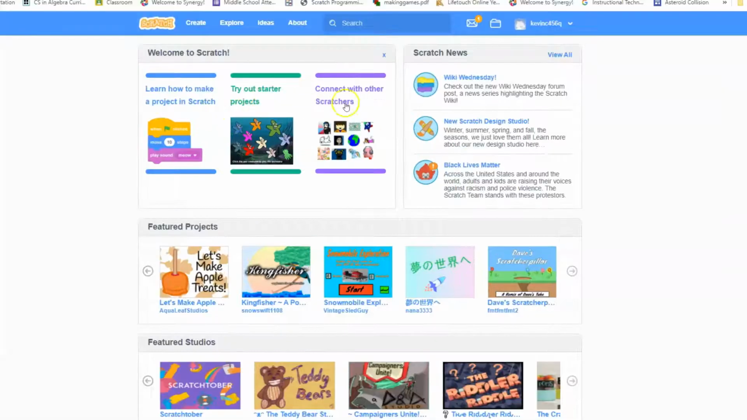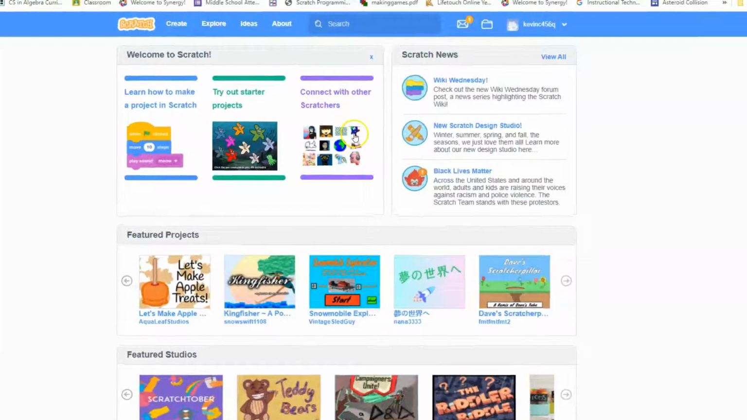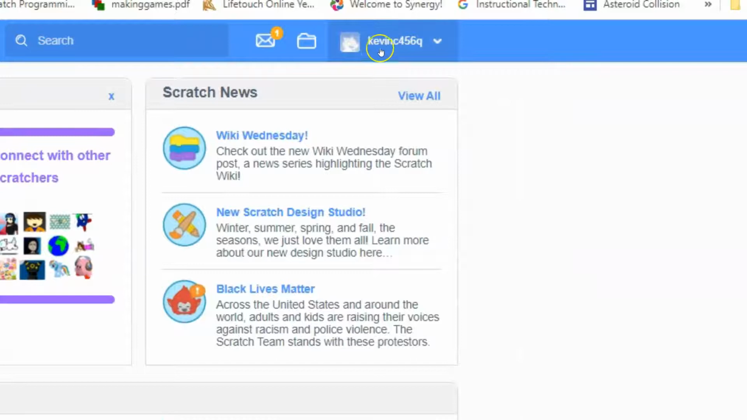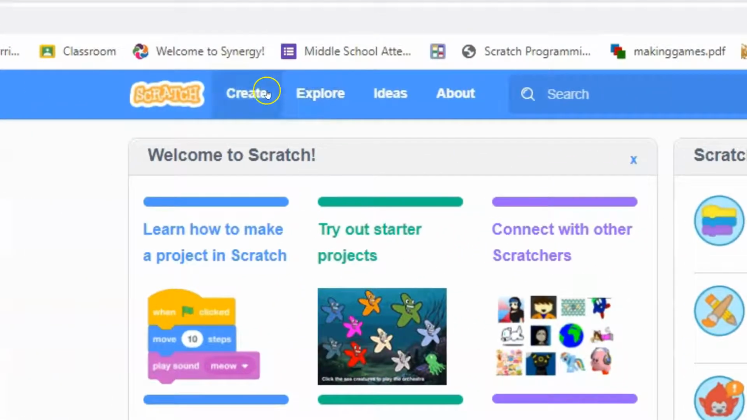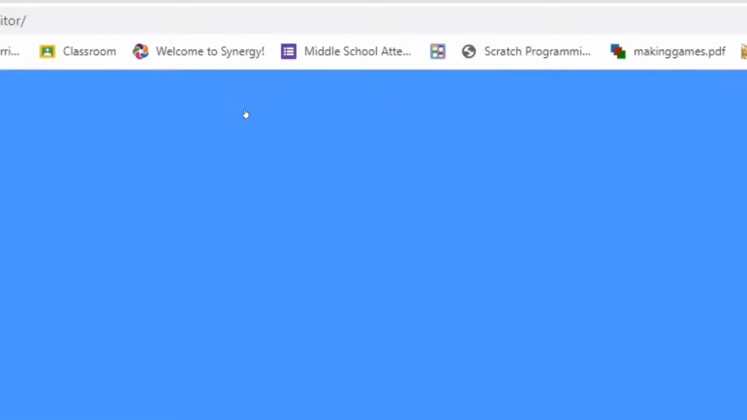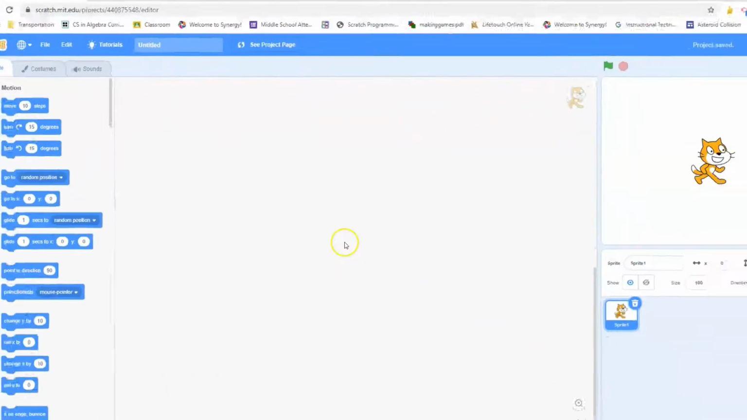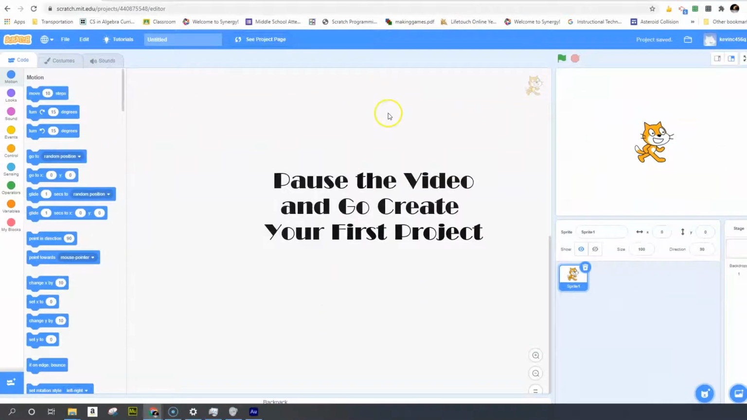All right, the first thing we're going to do now that we're here after we've joined, make sure you're signed in. If not, click sign in and do that the way we just joined. And we're going to click on this create button. So on create, we're going to create a new project, and this is going to